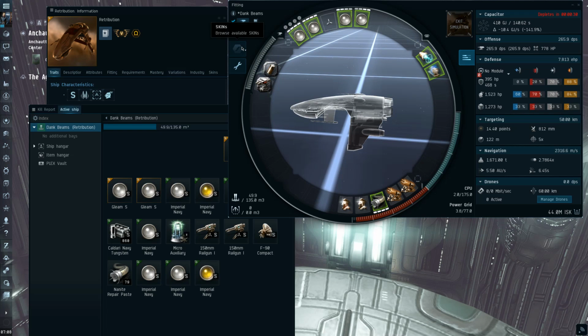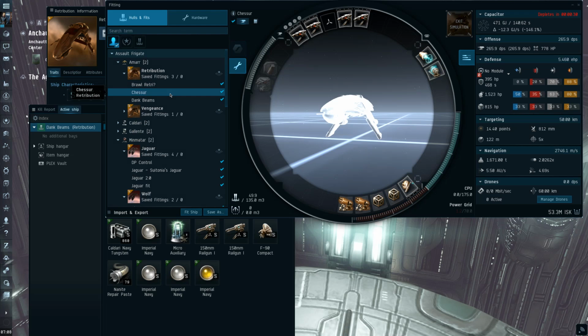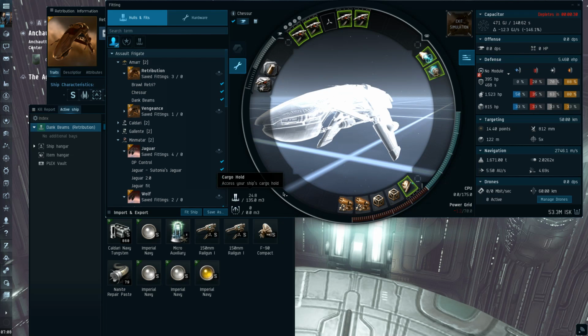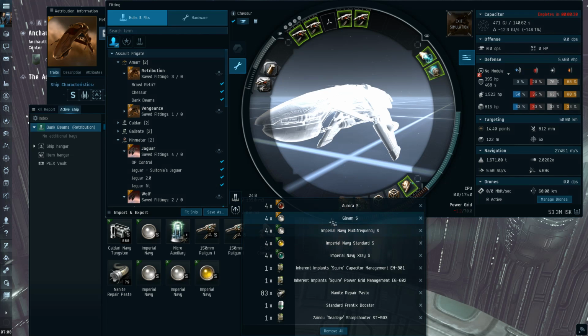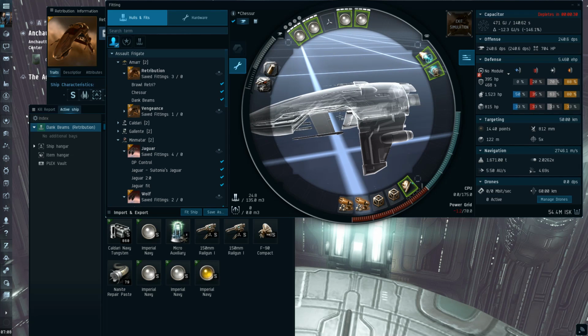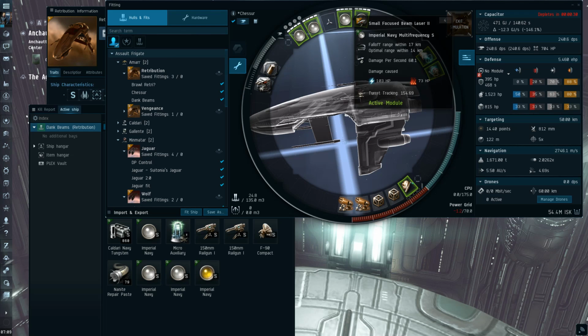A few other fits that I was wrestling with, debating going. The first fit was kind of like this Chesser style fit, where you run double nano, double heatsink, and you try and just fly it like a Slicer that goes 1k a second slower, but has the tracking bonus and a bit more tank, although not really. It only has about 1.5k more HP, which isn't really all that much. And you also only have the one Locus, so you don't quite have the same range, so you kind of have to run